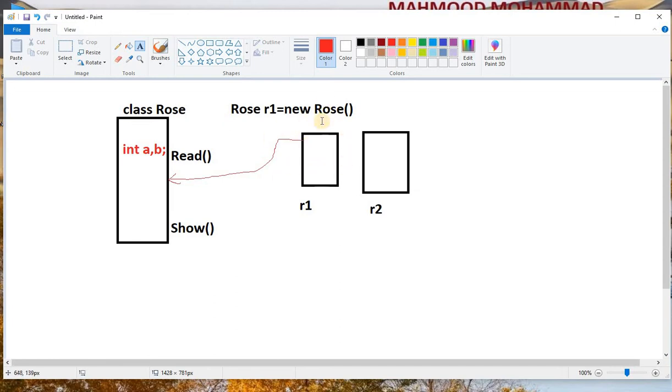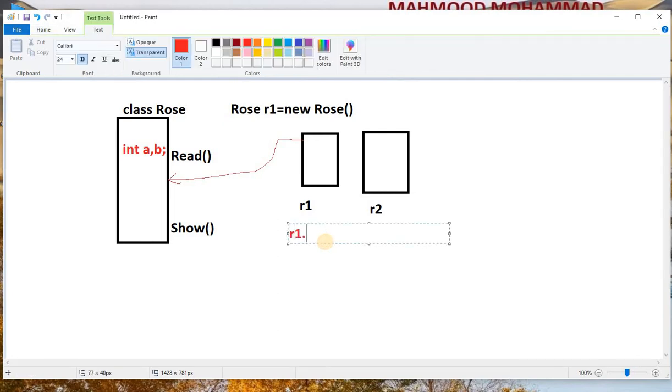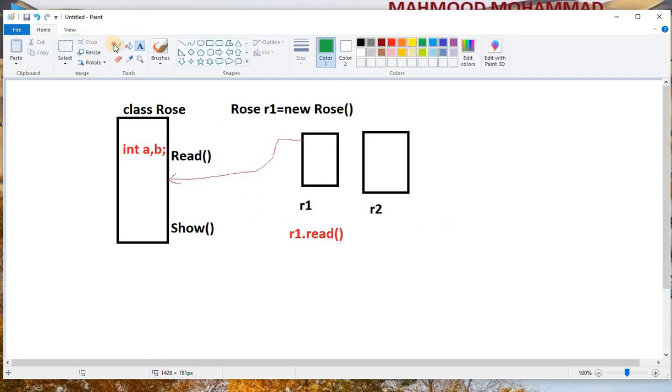What you can do is r1.read. Like I told you, this is an object and it is ready, but what do you want to do with this object? When I say r1.read, you have to call it manually. When I call it, it goes to the method to call the data.